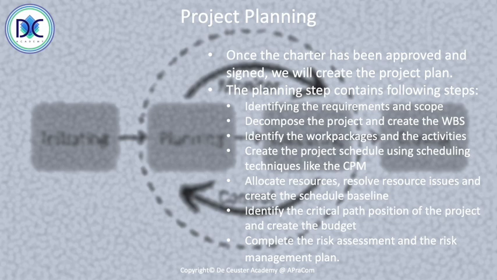The work breakdown structure is decomposed up to the level of work packages, and we continue the decomposition until we reach the activity level. With the activities, we can create a project schedule. We can use methods like the critical path method. We can use activity on arrow or activity on node scheduling methods, and calculate the start and finish times of